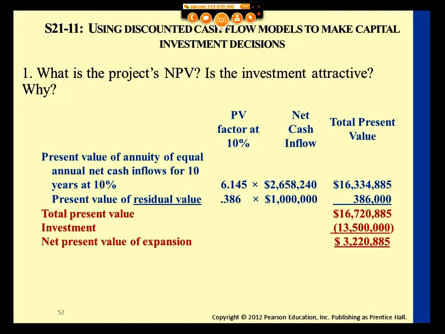Now what I need to subtract from this is the initial investment, the initial amount of money that I spent. So whatever I invested up front, I need to subtract. So all my cash inflow is multiplied, I also had residual value multiplied. Then I subtract my initial investment. I did not multiply it by the PV factor because it's right now, right? And then the net present